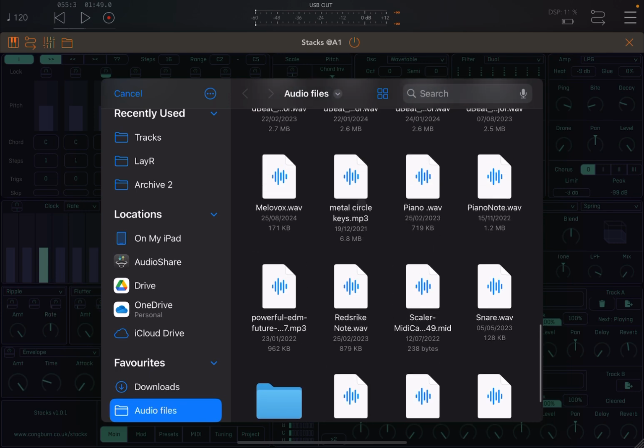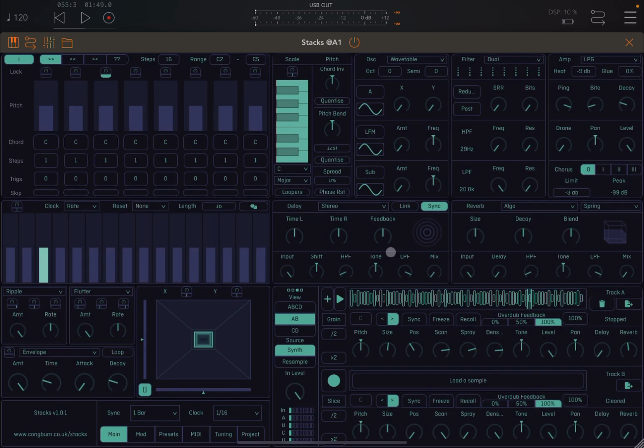Let's try again. So there it is. As you can see, I changed direction here. So this is just a quick intro to show you that you can, of course, use Stacks as a sequencer,